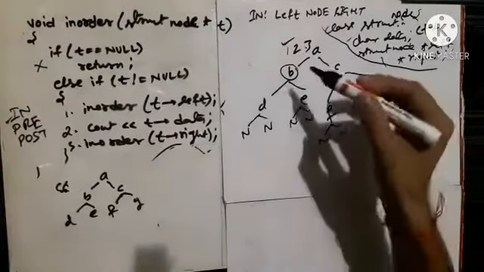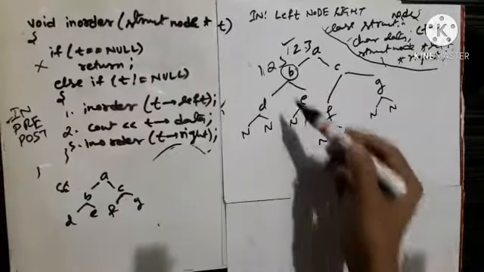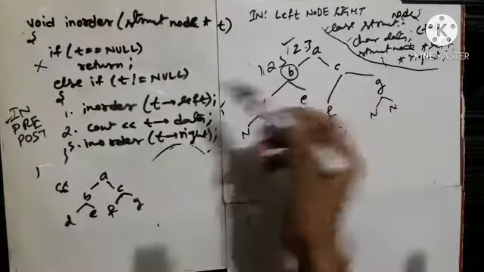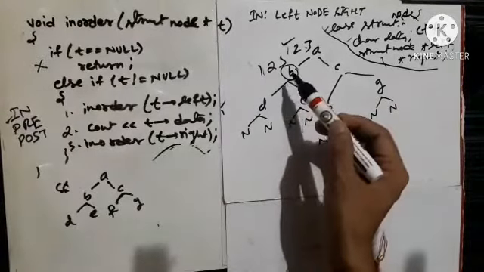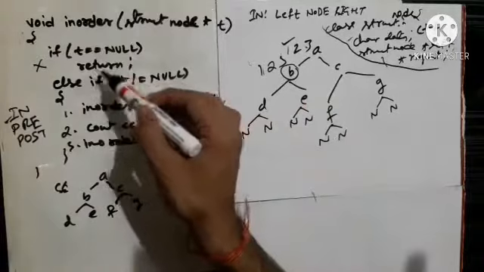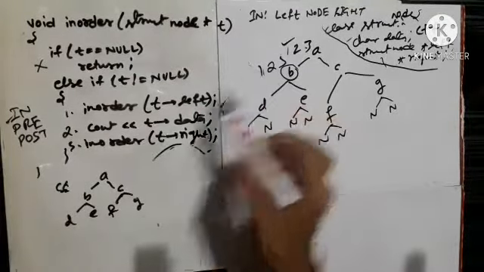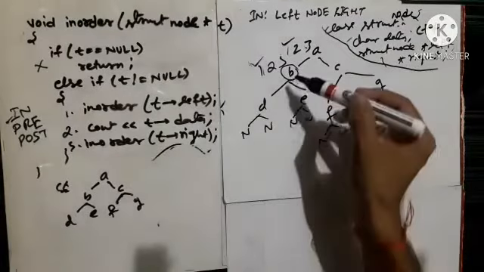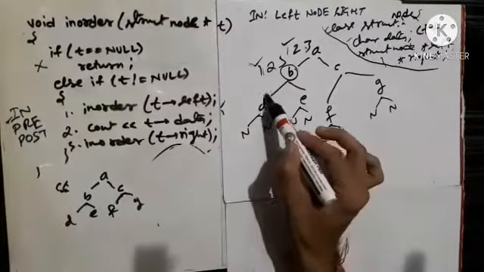Now see, now control comes back to B. Again it will execute three statements, because again you can see that now in T I have the address of B. So is T equal to null? T has some data, T is not null, isn't it? So it will not enter into this part, it will enter into the else if part. So that's why I have written 1 2 3. So it will execute these three statements. It will execute the first statement. Now it will just give this address to the inorder function. Now the control comes back here.